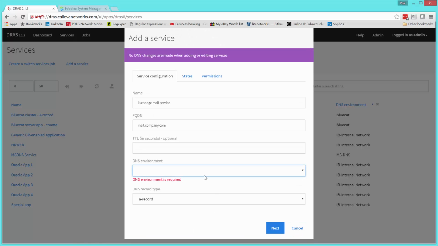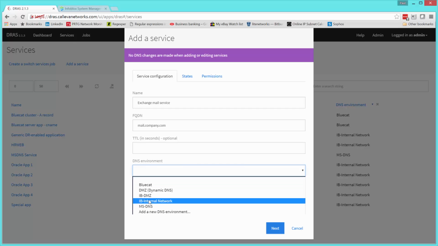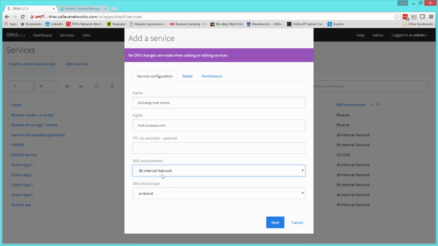Now what I'm going to do is use an environment that's already prepared, so in this case it's called IB Internal Network. For this type of service we can also specify whether we're going to create an A record or just create a host record. So we're going to use an alias,